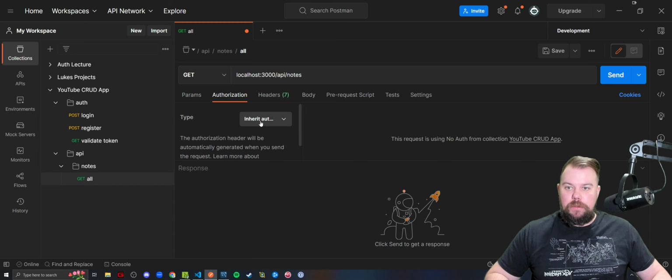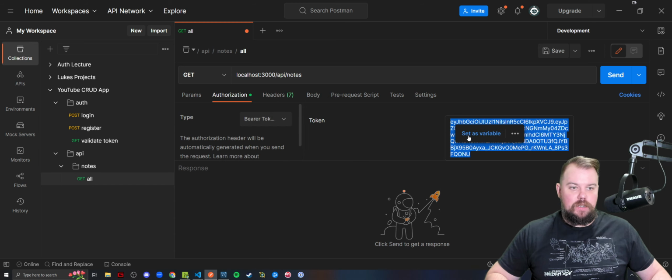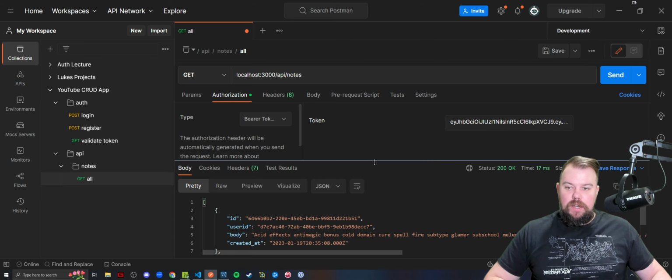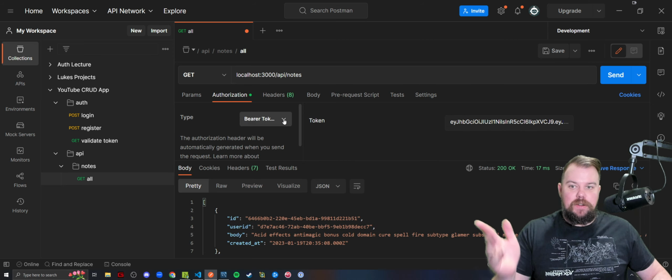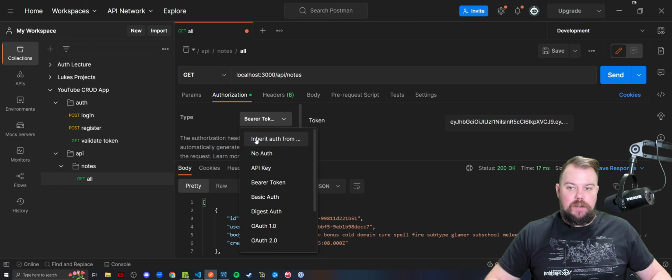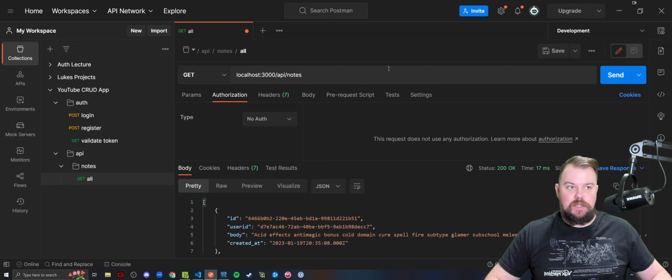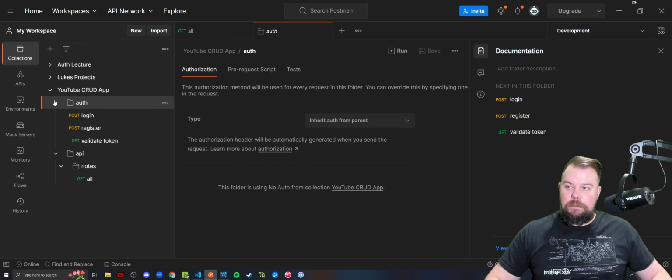It doesn't really matter where we put them. Bearer token, and there we go. So yeah, this is not protected, so the token being there doesn't matter. As a matter of fact, it's not going to be there, so I'm going to put no auth on that one because it's going to be a public endpoint for now anyway. So we're going to save that one, and now we're going to begin building out the CRUD applications of the